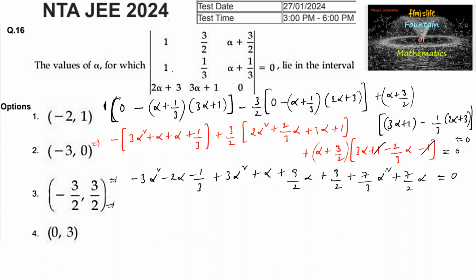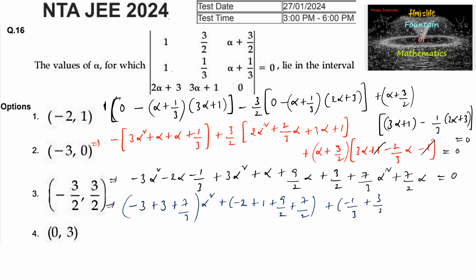So we have the alpha square terms are minus 3 plus 3 plus 7 by 3 alpha square, and alpha terms we have minus 2 plus 1 plus 9 by 2 plus 7 by 2, and the constants are minus 1 by 3 plus 3 by 2 is equal to 0, or we can write 7 upon 3 alpha square,